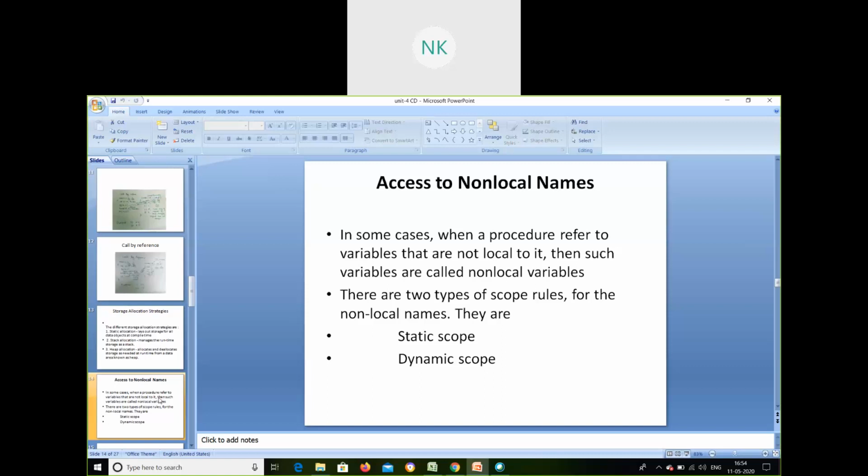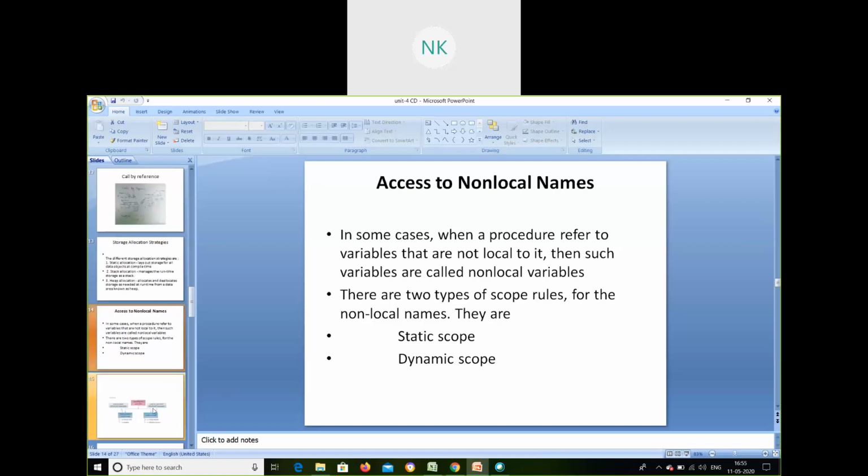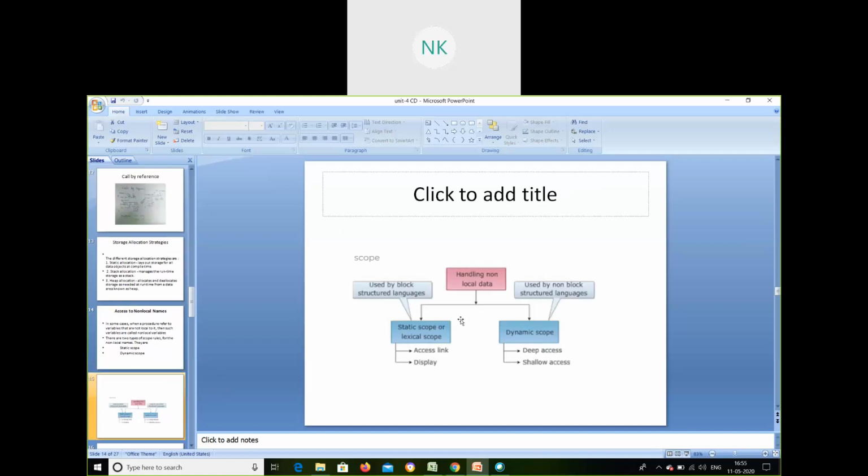So there are two types: static scope and dynamic scope. Static scope is also called lexical scope. Let's discuss that. Static scope or lexical scope is used by block structured languages, and dynamic scope is used by non-block structured languages. In a block structured language, for example, you have a program with a number of functions being called one after the other to complete one process or procedure.